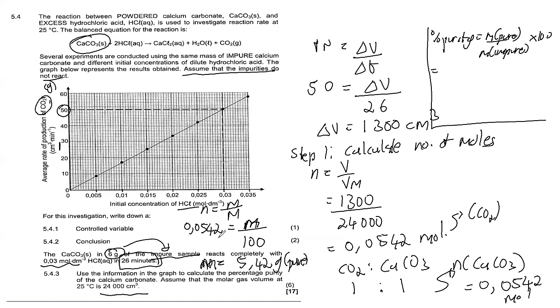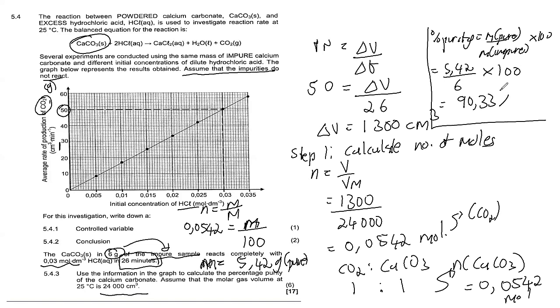Now, what is the mass of the pure? It's the 5.42. And what is the mass of the impure? Remember, the impure is the 100% sample, it's all of the sample. This is 6 grams, multiplied by 100. Now, 5.42 divided by 6 multiplied by 100, we find that the percentage purity is